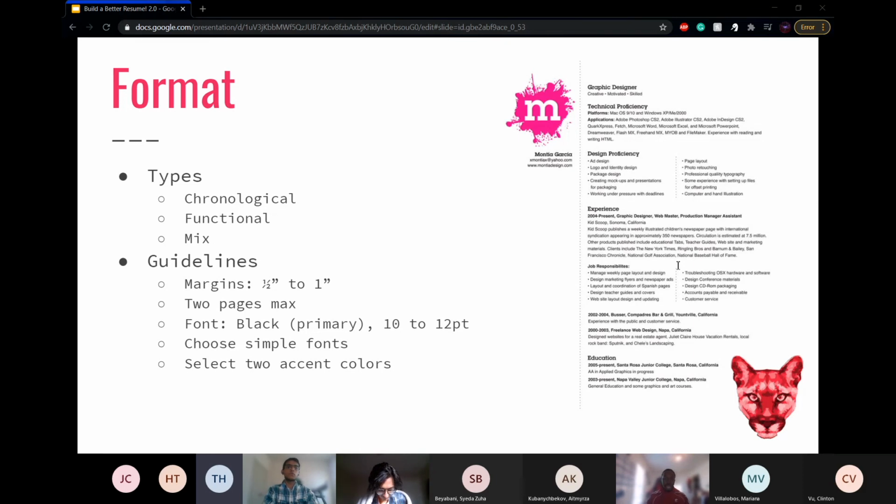And lastly, for the format, some guidelines that you can follow is to keep the margins to 1/2 inch or 1 inch. Use 2 pages at max. One thing I've learned, I'm pretty sure you should always keep it to 1 page, but unless you're like a grad student or you have experience in the workforce, then 2 pages is acceptable, but you should typically try to aim for 1 page. Keep the font at a black color primarily,